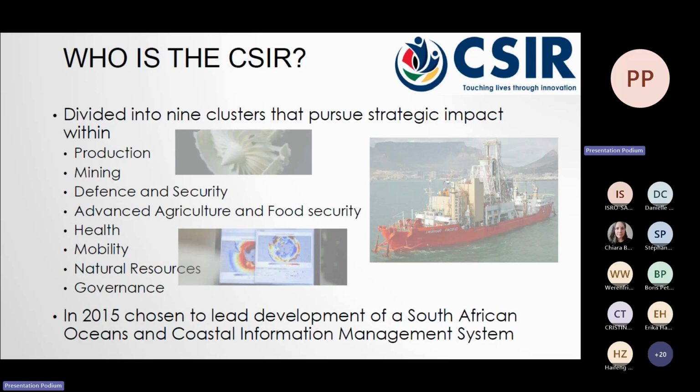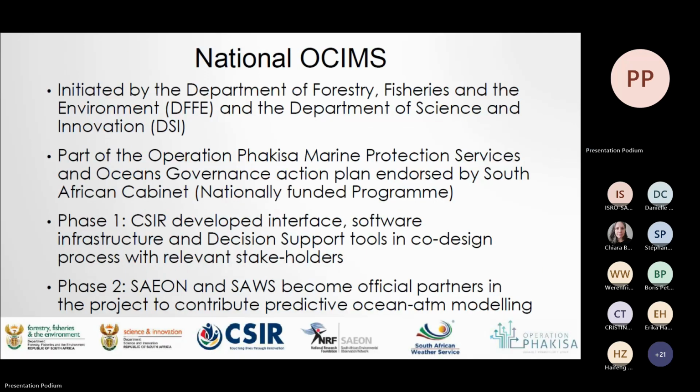So because of the diversity of the organization, we were the natural entity to choose to lead the development of the South African Oceans and Coastal Information Management System. And this was initiated by different arms of government, the Department of Environmental Affairs, Forestry, Fisheries and Environment, the Department of Science and Innovation. And as part of a government impetus to produce Operation Phakisa, an action plan endorsed by the South African Cabinet. So it's a nationally funded program. It's got a long-term horizon. So there's scope to develop a really